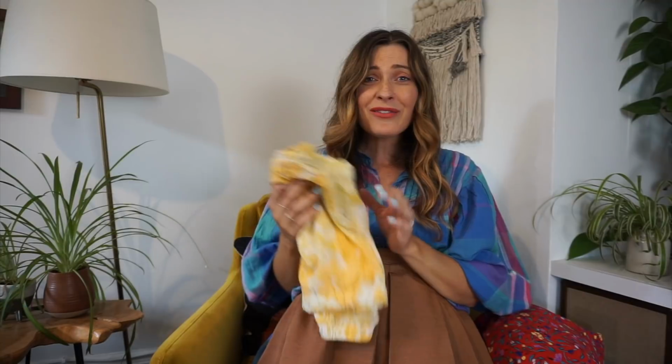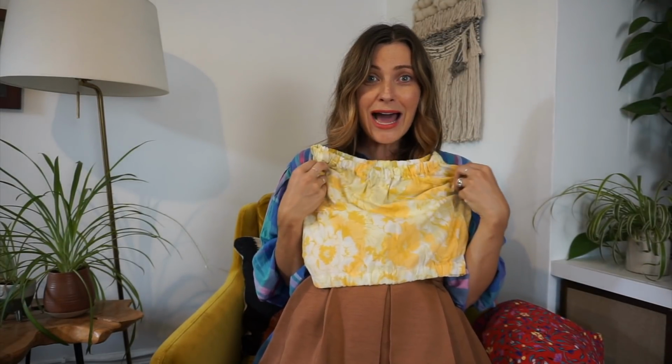She put this little outfit together for me. You guys, it's gonna be so cute. I love it. I love it, I love it, I love it. Oh my gosh, I love midi length skirts too. I feel like I never wear mini skirts anymore, but